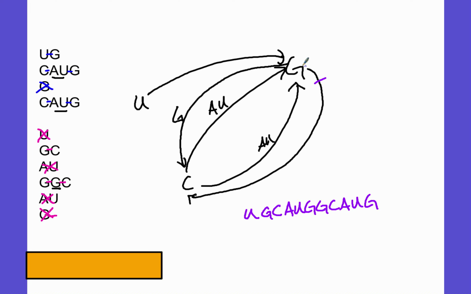I could have gone from U to G and then gone through the G to C first. So I'd have a G, C, A, U, G, and then I'd go back to C and get another A, U, G. And sometimes you just get two options, right? I think in one of the classes I may have actually screwed up one of these strands and put an A. I had CAAG, so we thought we knew which one was actually the right answer, but